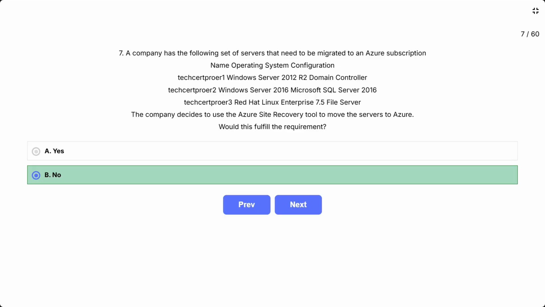However, it's crucial to ensure proper migration and configuration for application compatibility in the Azure environment. Therefore, while Azure Site Recovery might be suitable for migrating some servers, it's not a one-size-fits-all solution for all scenarios, especially considering domain controller and complex database migration.